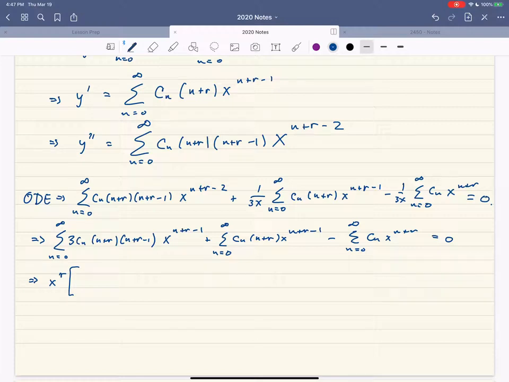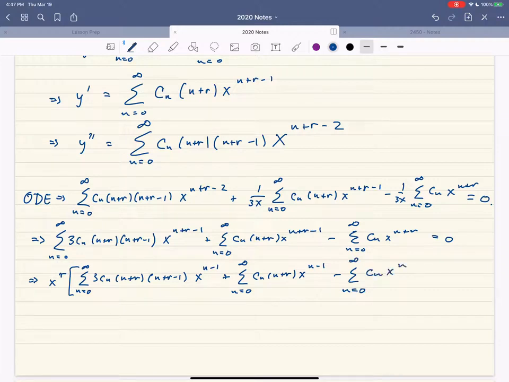So x to the r, if we factor it out, we're going to be left with this whole sum, n equals 0 to infinity, 3 c sub n plus r times n plus r minus 1, x to the n minus 1, plus the sum from n equals 0 to infinity, c sub n plus r, x to the n minus 1, minus the sum from n equals 0 to infinity, c sub n, x to the n. And now, despite there being r's inside the brackets,